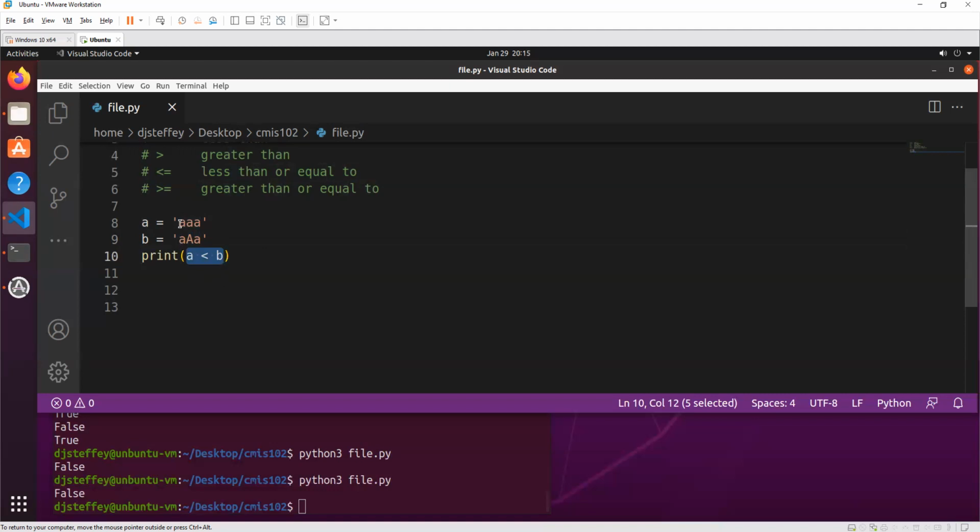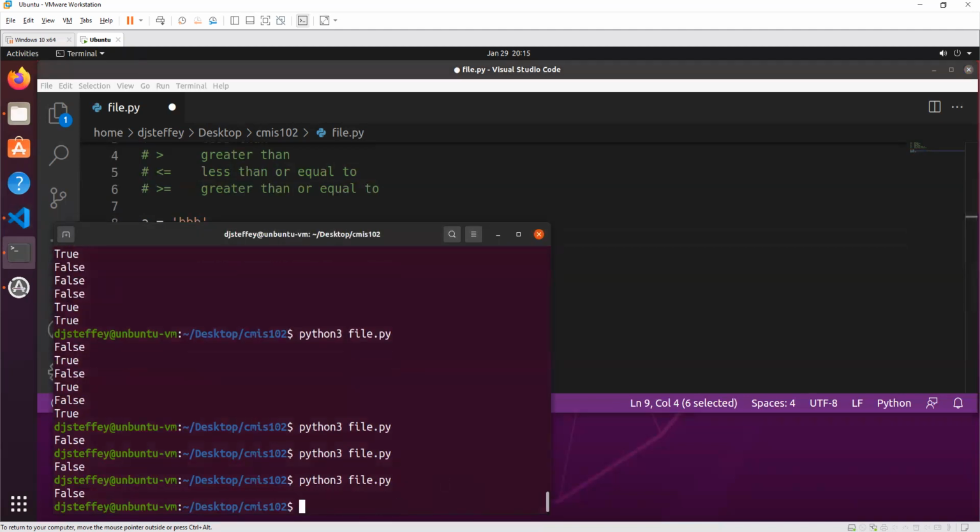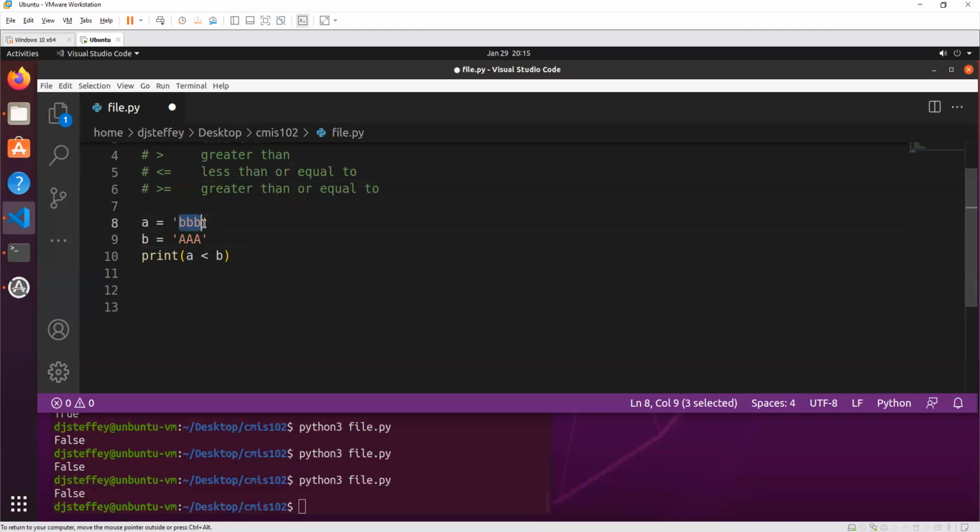What's really going to be tricky, though, if you have to think about this, is if this is AAA and this is little BBB, actually, let's do it the other way around, BBB and AAA, which one comes first? Does this come first or does this? If you think about it in the dictionary, well, you have to think about the uppercase letters coming first. If we run that, it's still going to be false because this B is not less than A, right? But what really cooks your brain